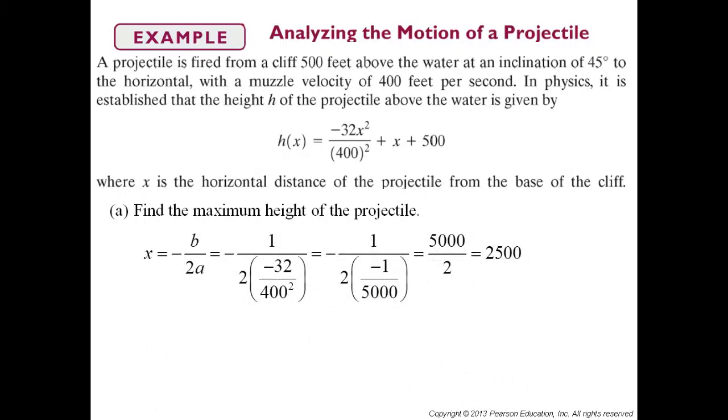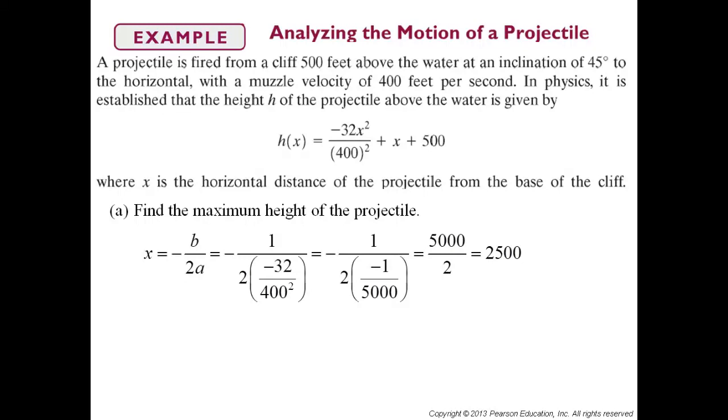It's a big fraction, but it's negative b. B is 1, so that's negative 1 divided by 2 times this ugly fraction. Do the fraction, get it as a decimal, and work with it from there. Okay? And then you do that, and we get 5,000 divided by 2. 2,500 is the maximum height when they